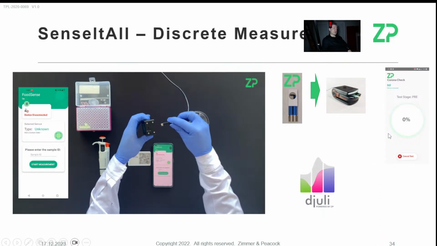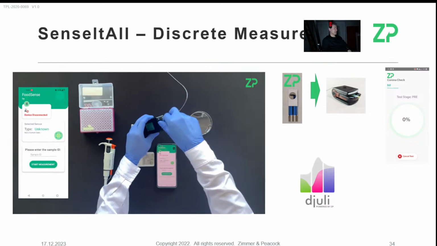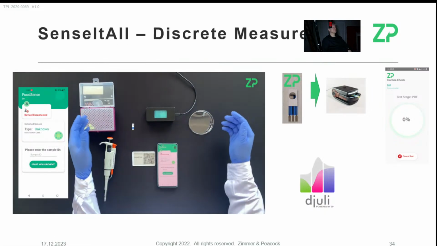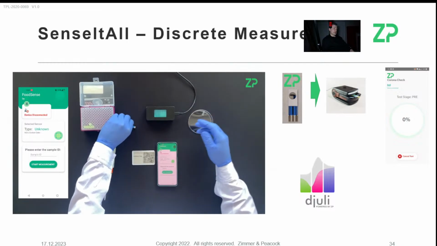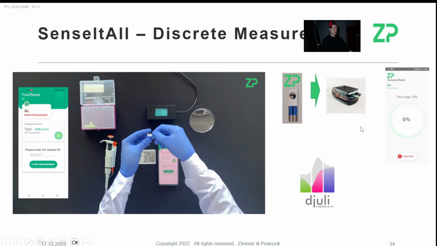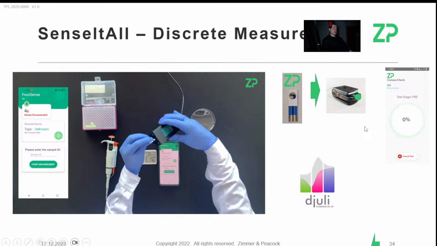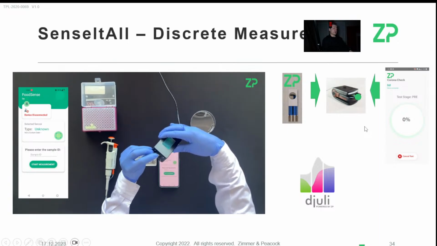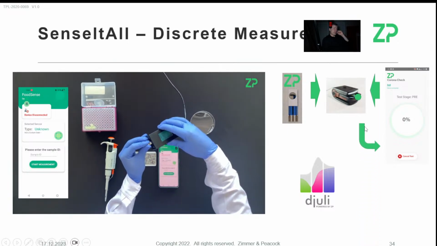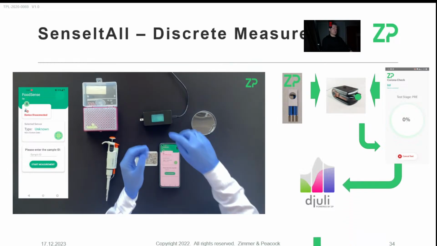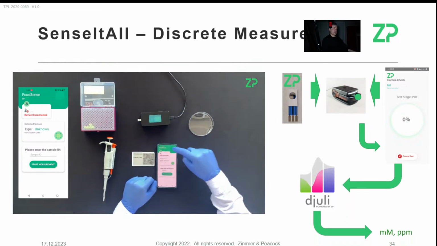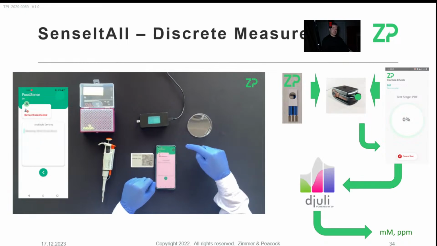So these people have developed an assay for copper, cadmium, and zinc. The app can be trained or told to run their assay. They can put the electrode in there. They can put the sample on there. The assay will be run by the app. The hardware will give the data back to the app. The app will pass it up to Julie, and then they'll actually get a concentration in ppm, for example.